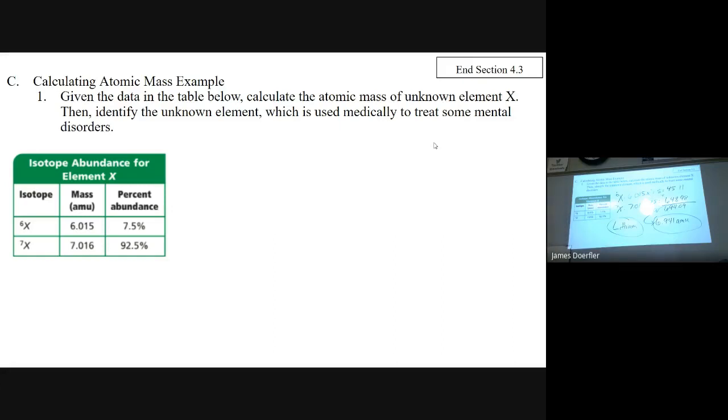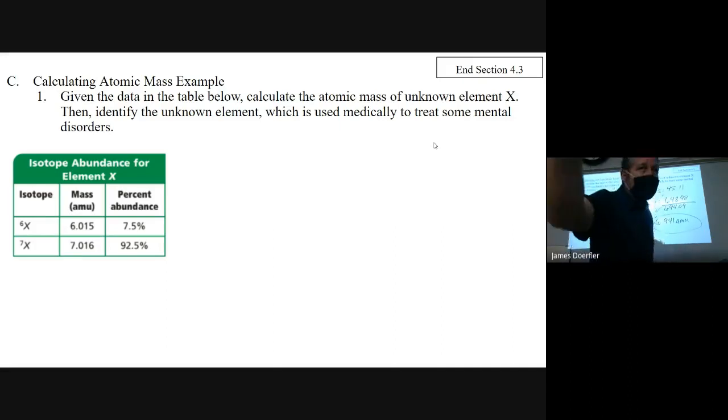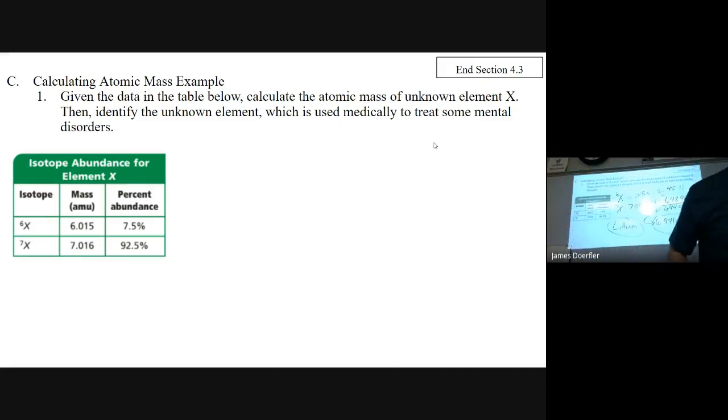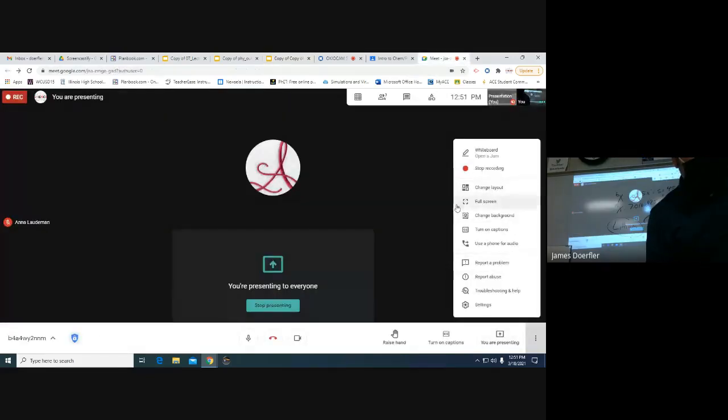Okay. Make sure that you have all these notes filled out because tomorrow you have your section 3 review. Make sure you have a calculator for tomorrow. Make sure you have that periodic table for tomorrow. Make sure you're